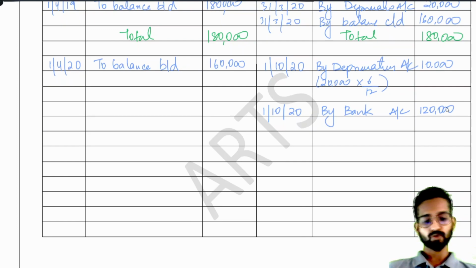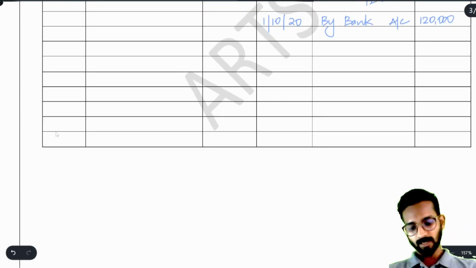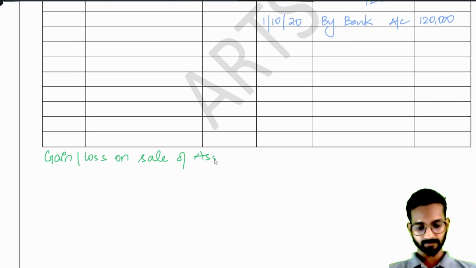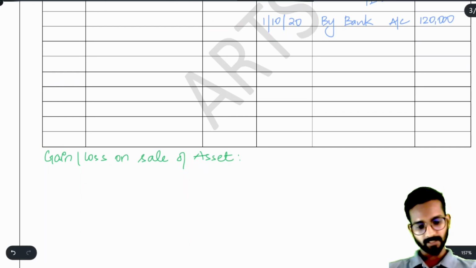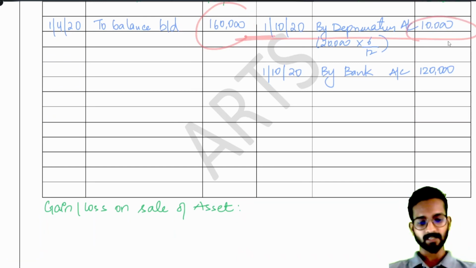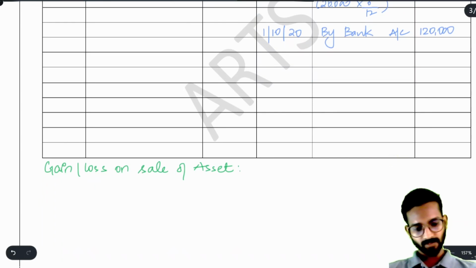Now what are we supposed to calculate? Check. Now is the thing we have to learn here: how to calculate gain or loss on sale of asset. Understand. The cost is already given, depreciation is also given. Check. Cost is given 1,60,000. The last year's cost here is 1,60,000. After that we have charged the depreciation. Then what will you do? You will write here